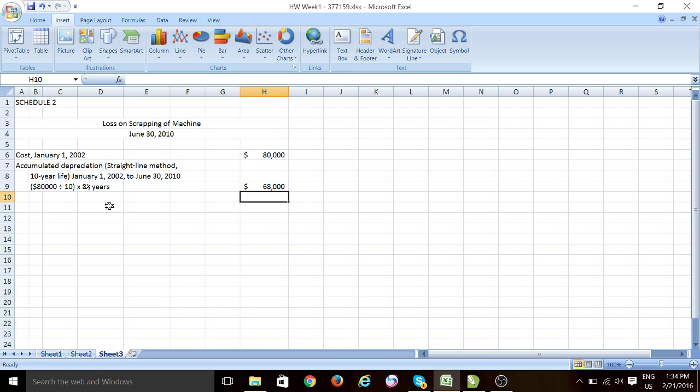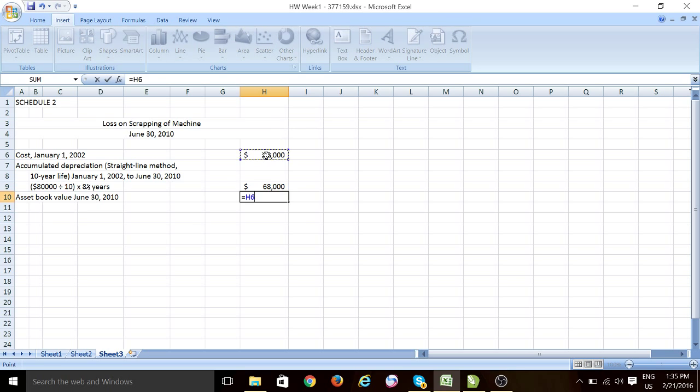But if you have a residual value, you need to minus the original cost first before you divide them with the useful life, and then times them with the years it has been used. But because here there's no residual value, so we can just ignore that step. And then because we already have the accumulated depreciation value here, we can get to the asset book value